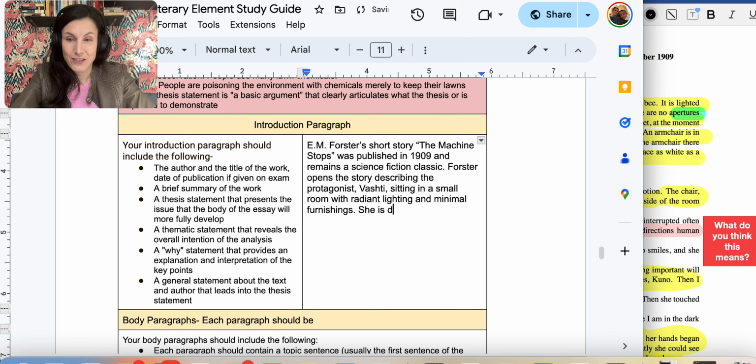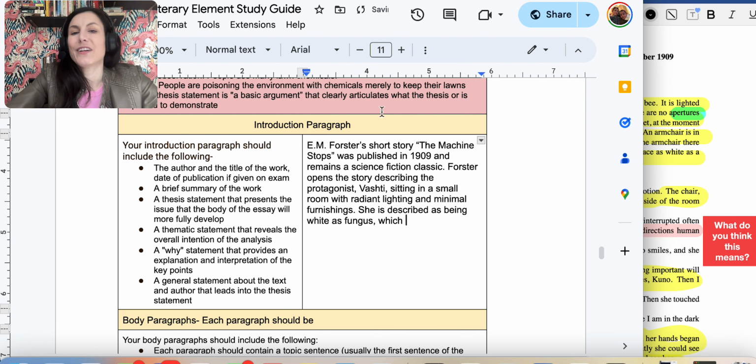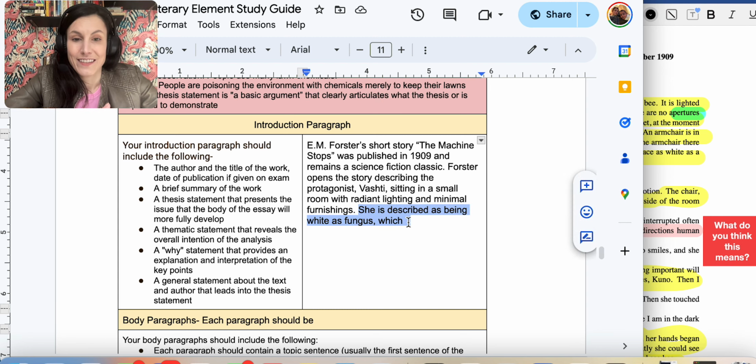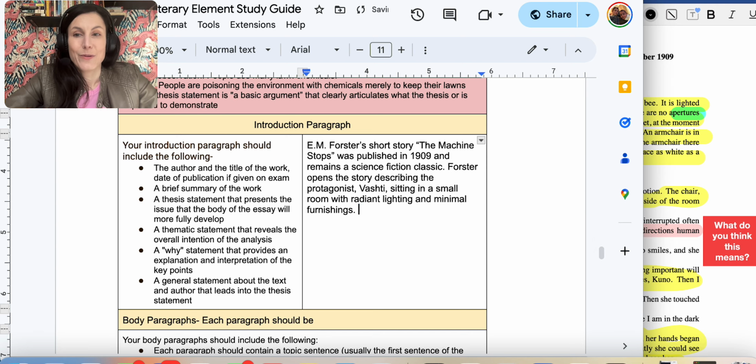She is described as being white as fungus. Wait, this is our introduction, right? So I will say